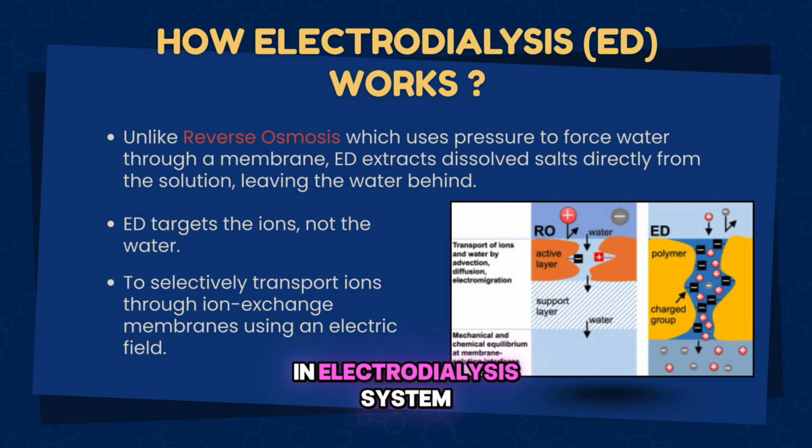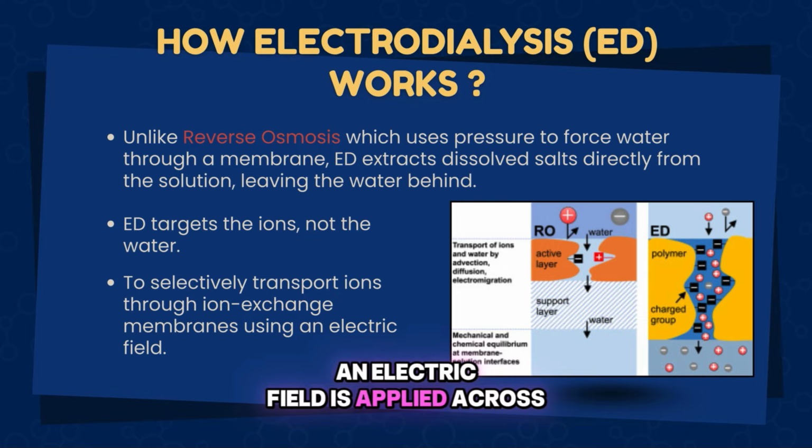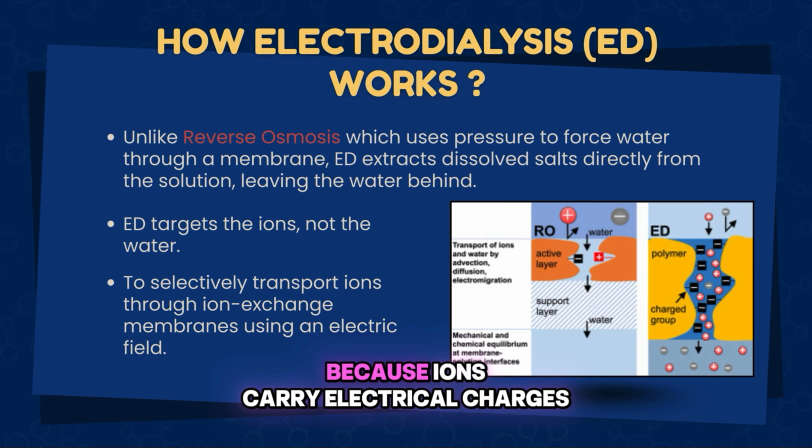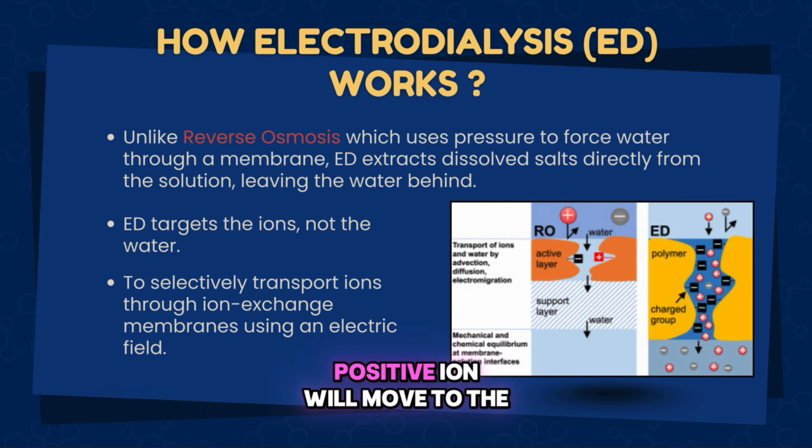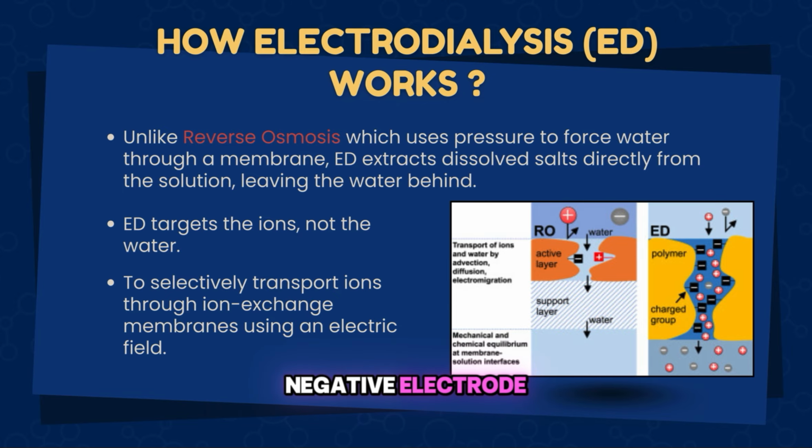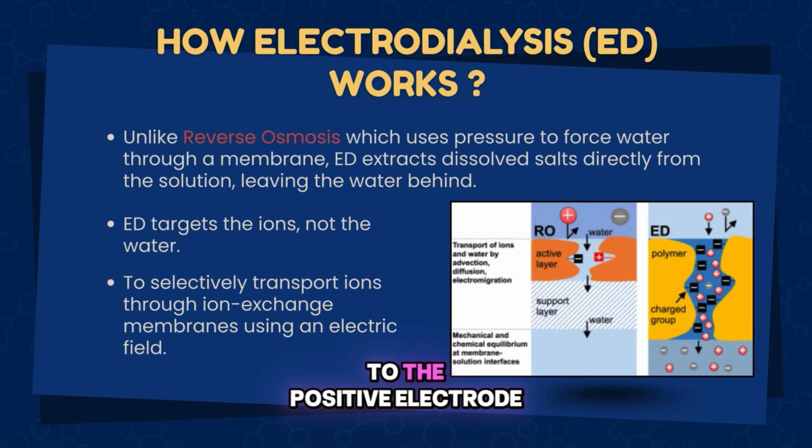In an electrodialysis system, an electric field is applied across the water. Because ions carry electrical charges, they naturally migrate. Positive ions will move to the negative electrode, and negative ions will move to the positive electrode. To control where the ions go,